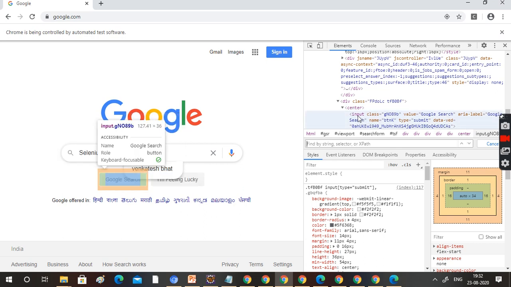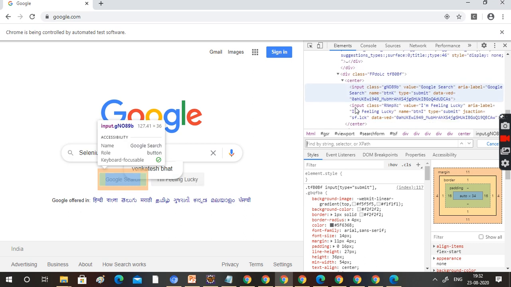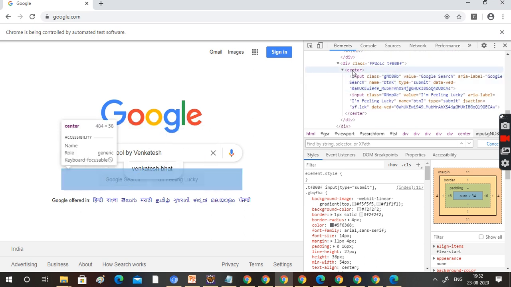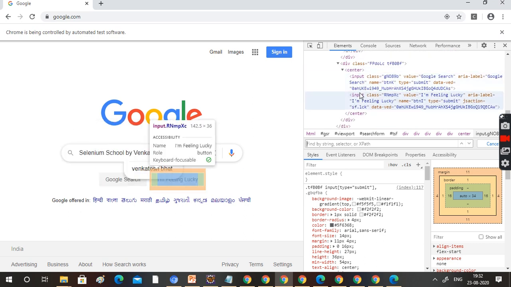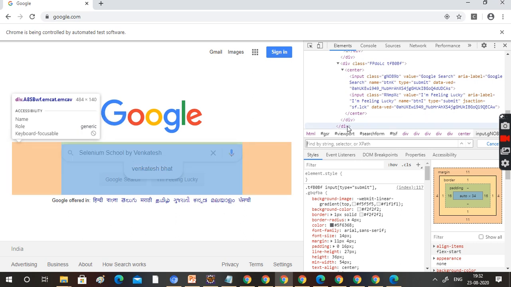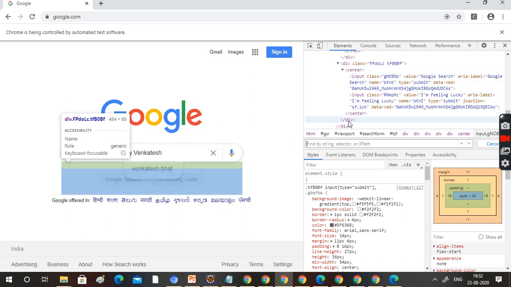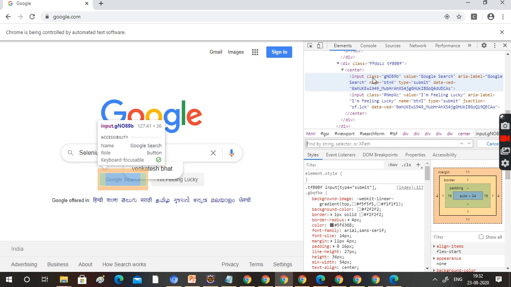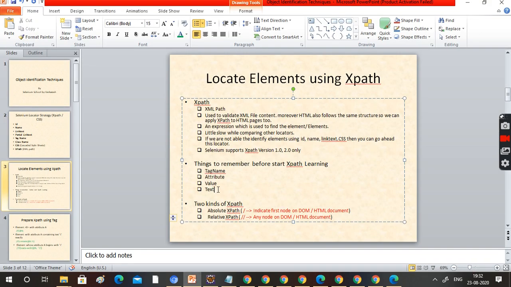The purple color items are all tags: center, input, center, div. The orange color items are all attributes. The blue ones are all values. And one more thing I mentioned, text. Where is it?